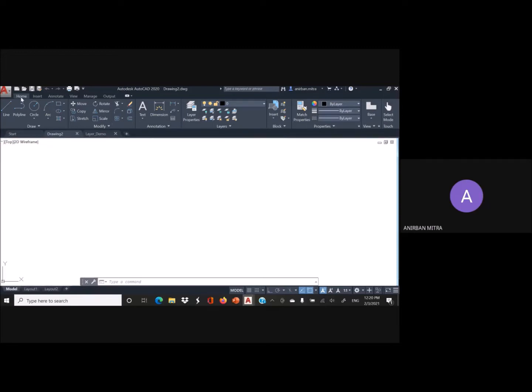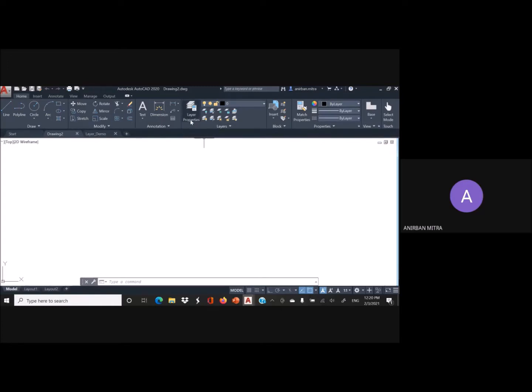Under the Home tab, you can find the layers panel here. Now, depending on how many panels are present under this tab, the appearance and relative position of this layers panel may change sometimes. But more or less, it looks like this.